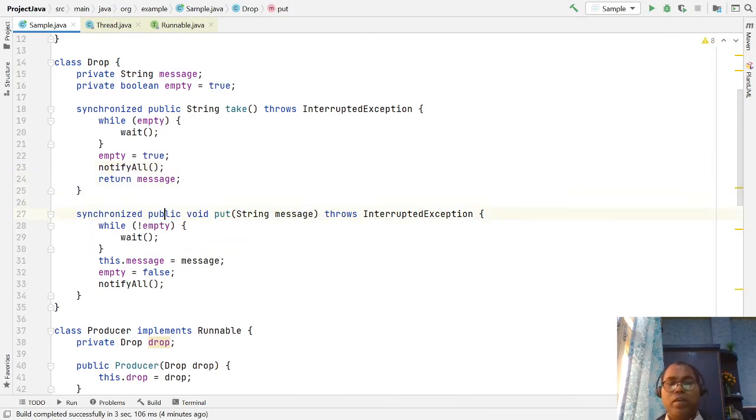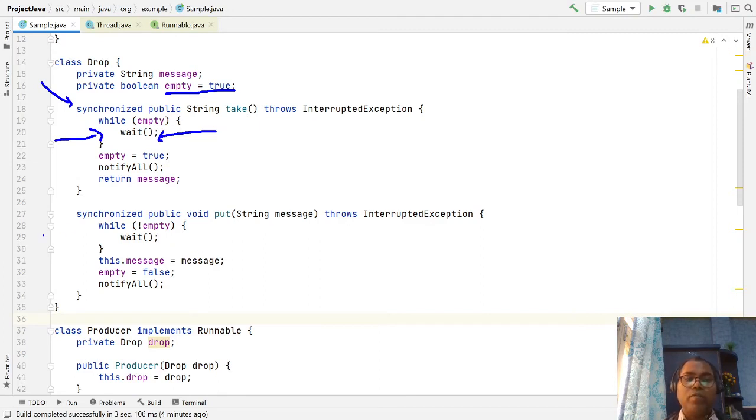So in this way, whenever the consumer consumes the first message, if there is no message, then wait. In our case, the null message was produced. So until some message is put, the consumer should wait. If the consumer is waiting, who will notify? The producer is notifying.